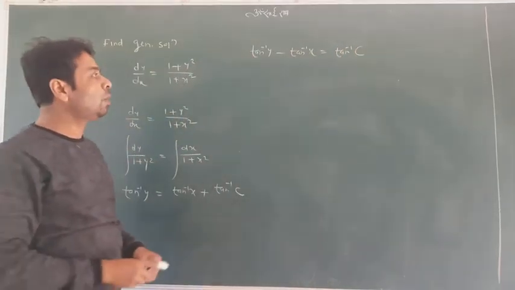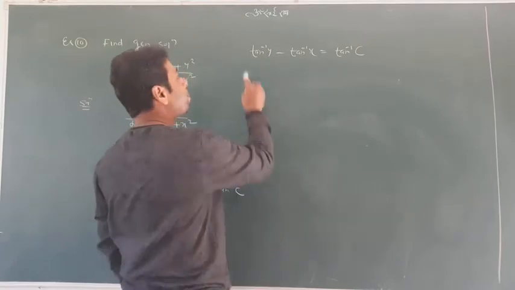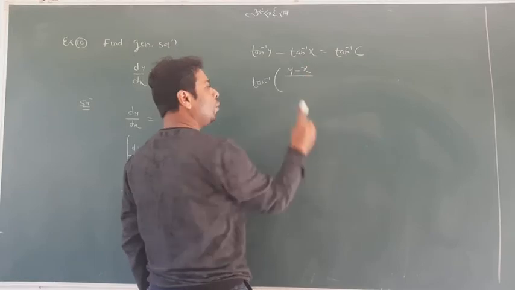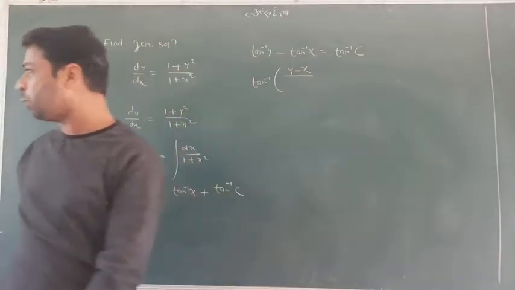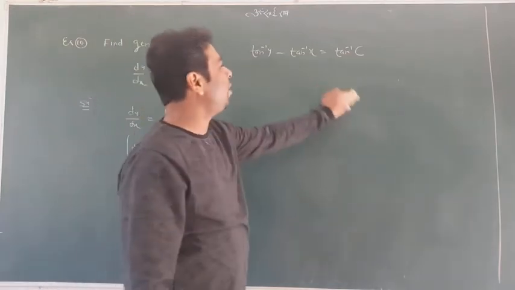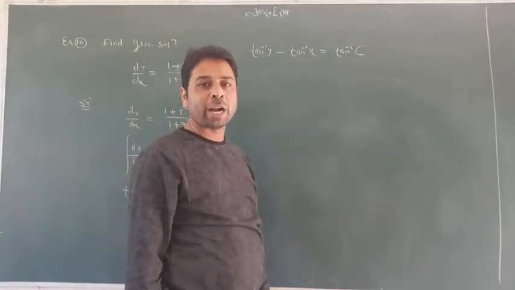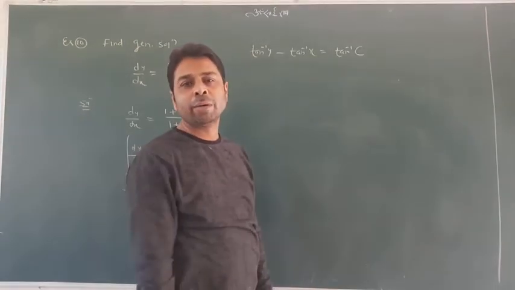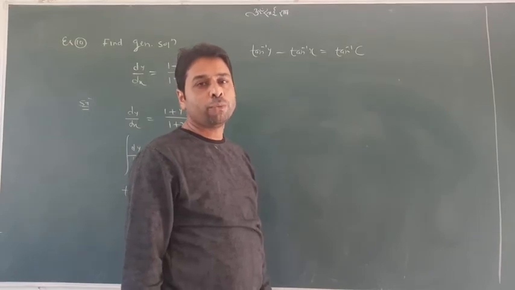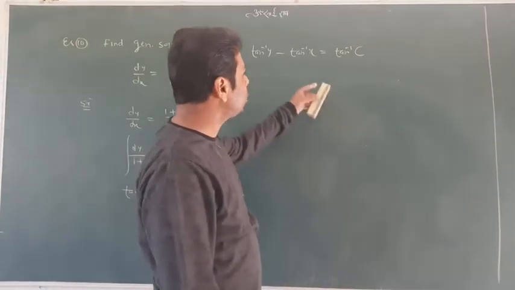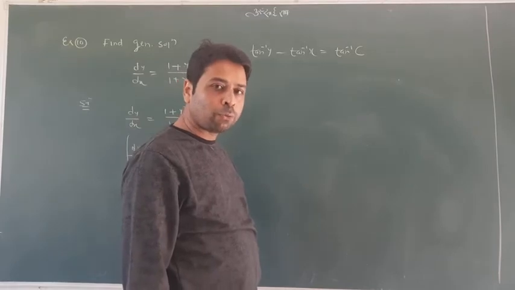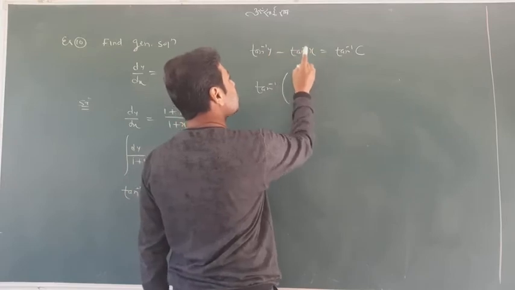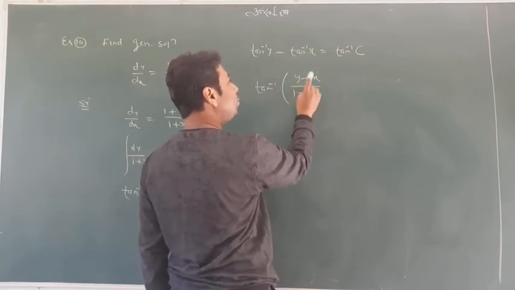Now use the formula for tan inverse a minus tan inverse b. It is tan inverse of (a minus b) upon one thing which may be trouble to you here. You haven't studied this formula in inverse trigonometry, because this kind of syllabus has been removed. So if you don't remember it, you can drop your answer right here. But if you know the formula, you can use it: tan inverse a minus tan inverse b is tan inverse of (a minus b) upon (1 plus ab).